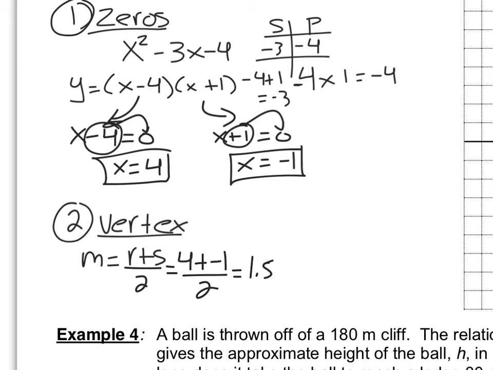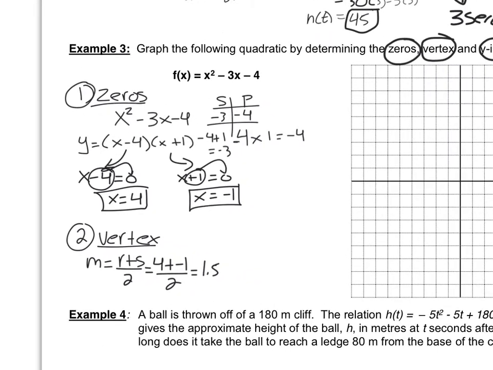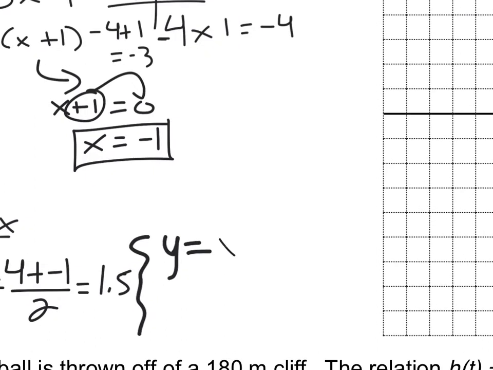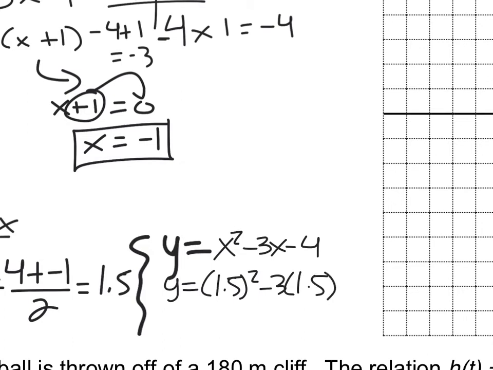In order to solve for the y value of the vertex, we'll need to replace x in our original equation with 1.5 to be able to solve for its y value. So I'm going to use x squared minus 3x minus 4: 1.5 squared minus 3 times 1.5 minus 4, and we'll end up with a y value for our vertex of